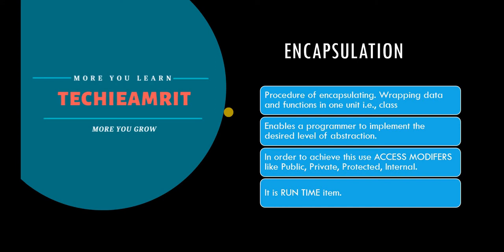Because whenever you write code, you define a few attributes, few functions, few methods. If I have defined three methods in one class, I may want to give access to only two methods to my derived class. So here comes the role of encapsulating. You encapsulate one method and restrict its access to the derived class. The accessibility depends upon your choice: you may want it at the class level, at the project level, or at the inheritance level. That we will see in the example. So let's jump to our practical portion.